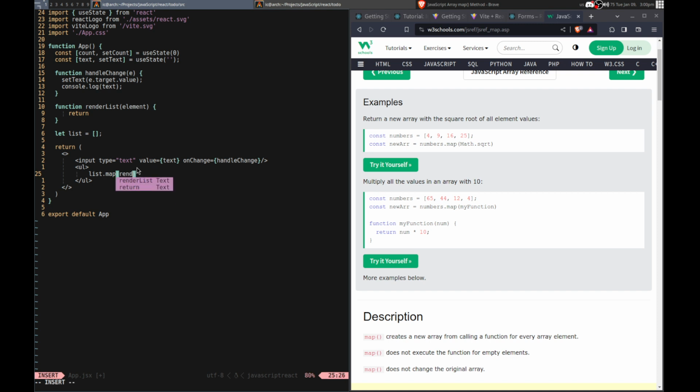Okay, I'm not sure if this is right, but I'm gonna see, this needs to be in a code block, something like that, I think. And return, I want to return an element, value equals, not this though, list element, like that.